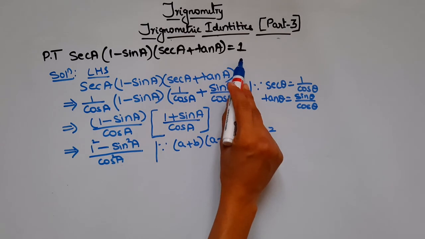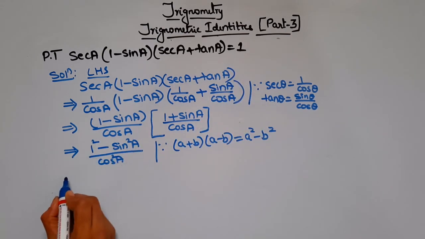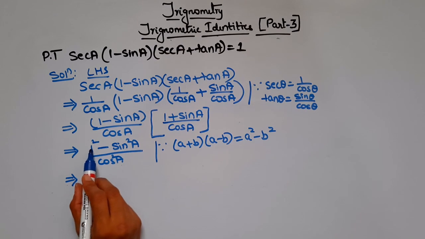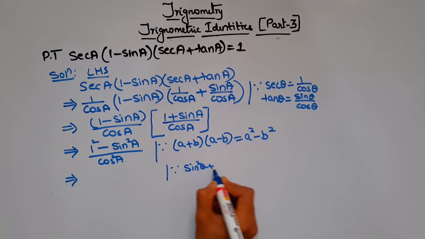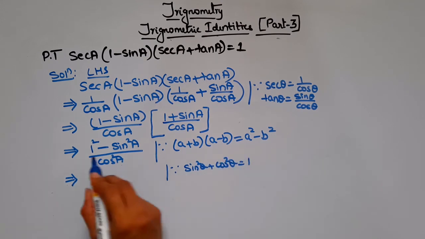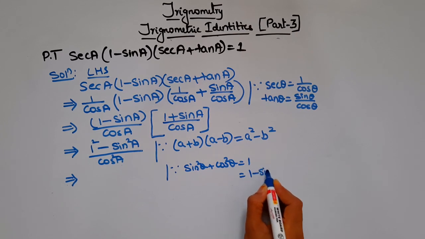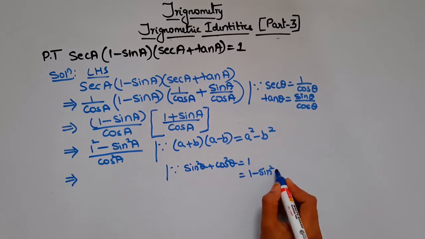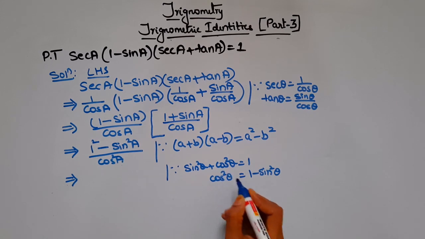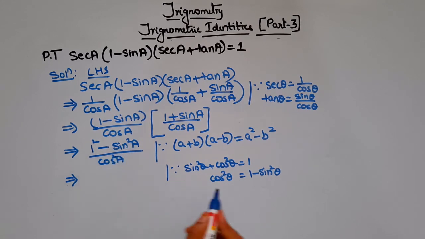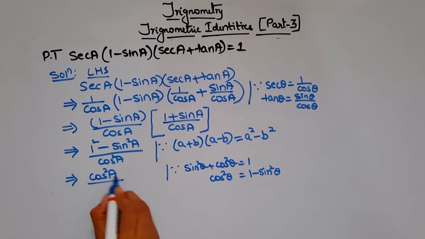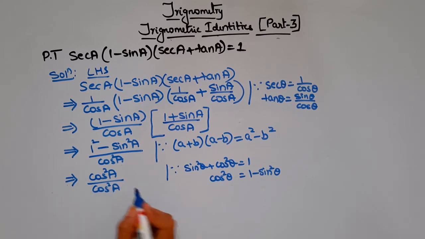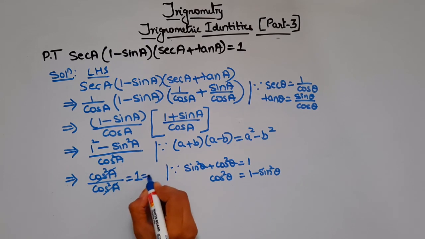So your RHS is 1, we have to reduce this to 1. So this implies, so we have 1 square minus sin square A. We know sin square theta plus cos square theta is equal to 1. We want 1 minus sin square A. Here A is theta, right? So this is cos square theta. So 1 minus sin square A can be replaced with cos square A. In this case it is A, right? By cos square A. So cos square A is gone, which is equal to 1. This is nothing but your RHS.